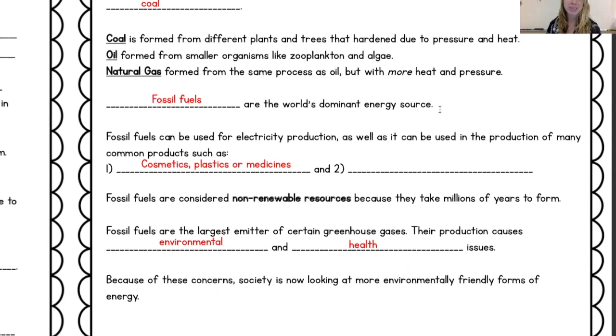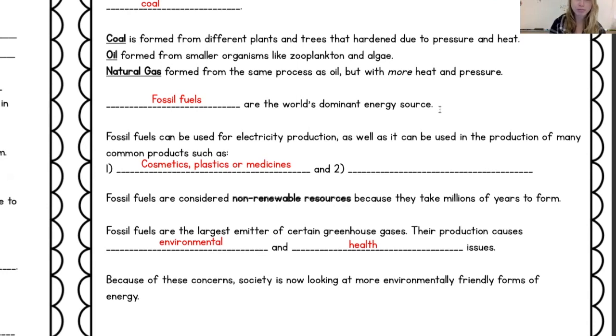No, it takes millions of years. So that's why scientists are working so hard right now to find other renewable natural resources that we can use to power our homes and our cars. So that's why there's more electric cars, there's more wind power, water power,